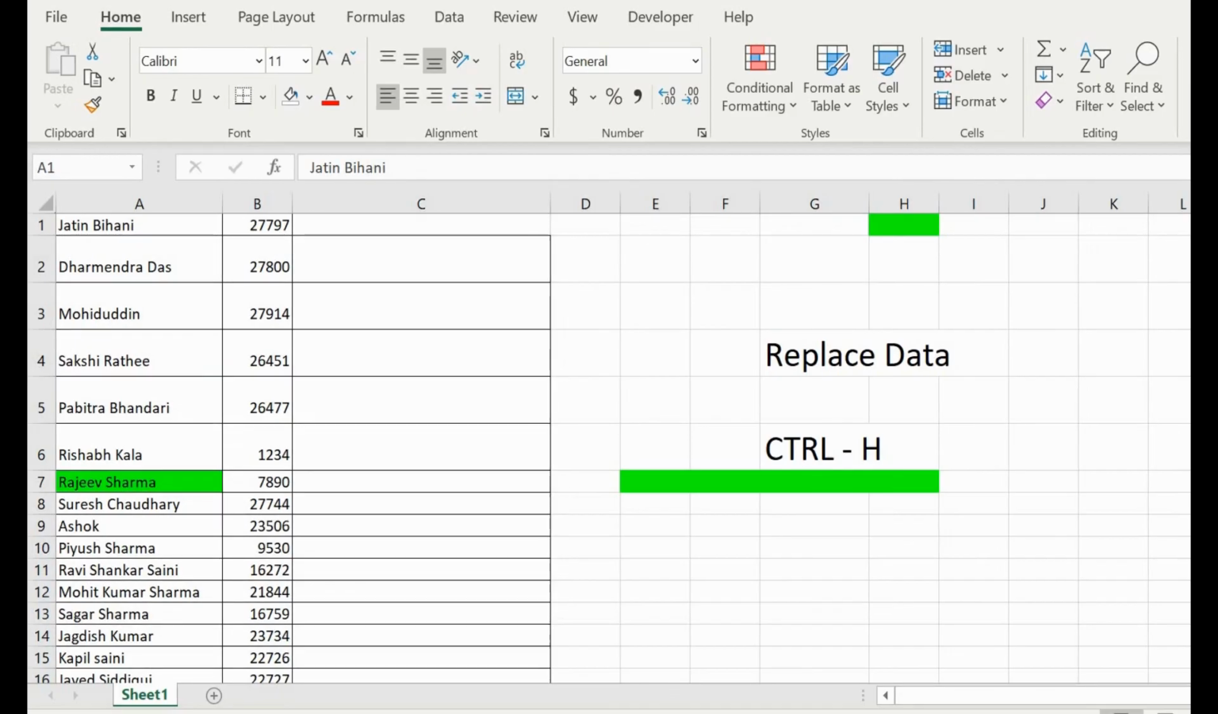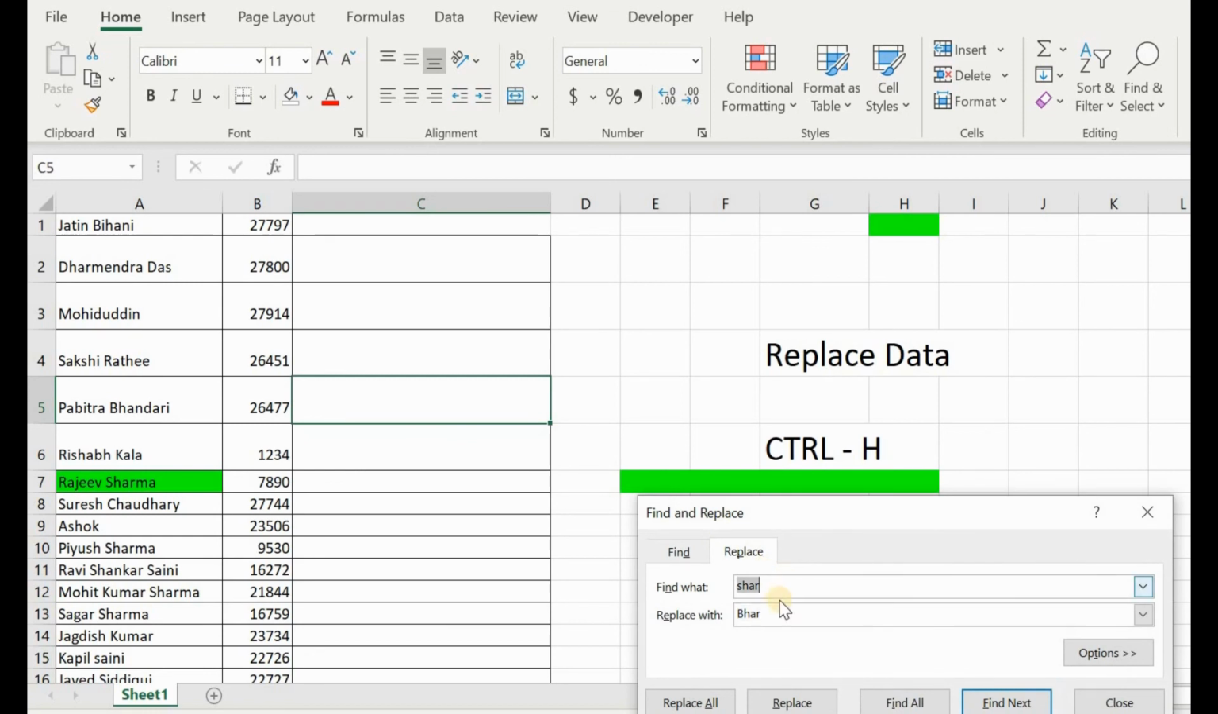In this tutorial, let us learn what to do if we want to replace some data. For example, let us say in place of Rajiv Sharma, I want to write Rajiv Bharma. Wherever there is the word SHAR, I want to replace it with BHAR. Let's do that. Press Control H. Write SHAR, and in the replace with field write